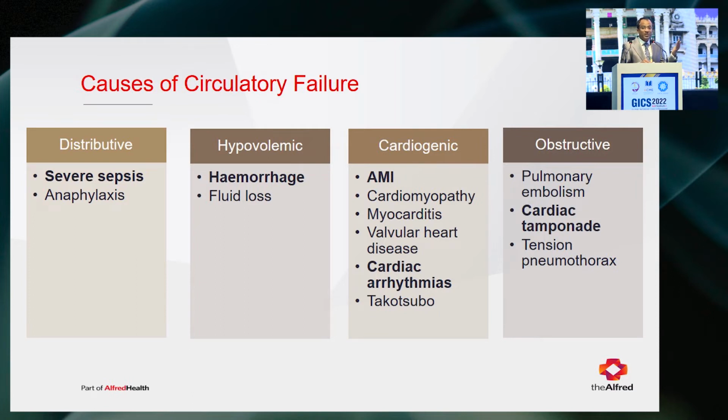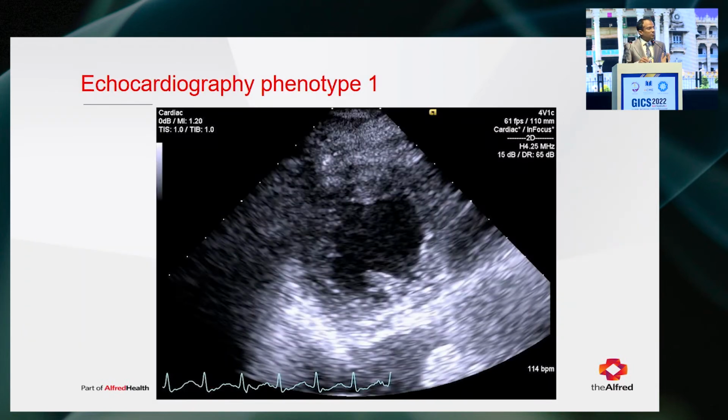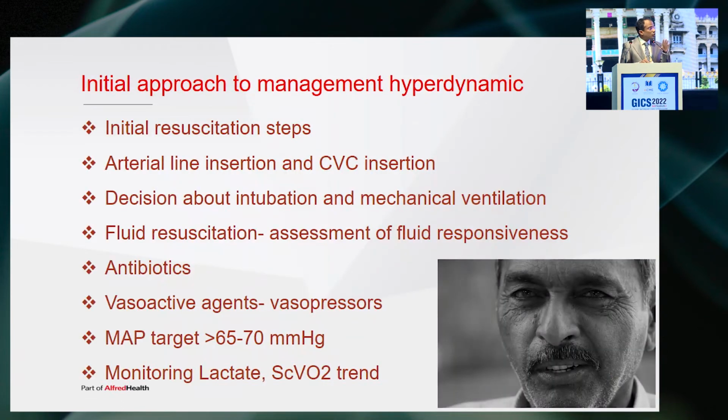Or it could be obstructive. He could have tamponade as a result of fall, or even pneumothorax as a result of multiple rib fracture, which he might have sustained during the fall. So in order to differentiate these types, in our practice, we usually use echocardiography. And I'm now going to go to these